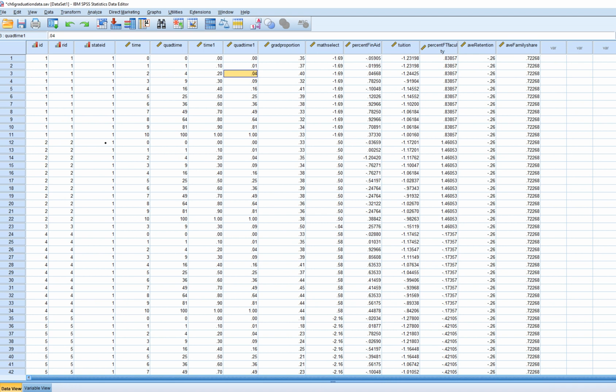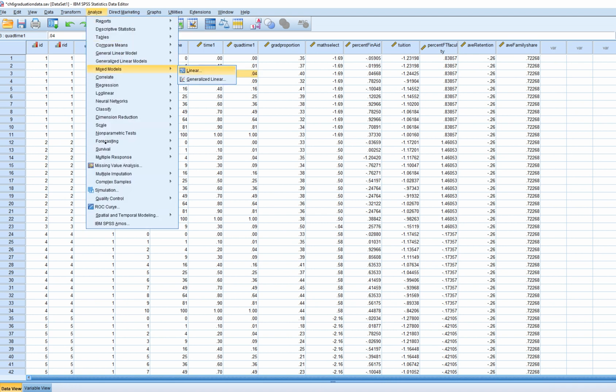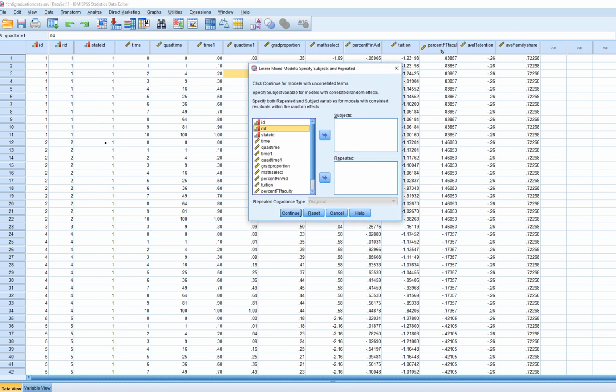So to run our analysis, we're going to click on Analyze, Mixed Models, go to Linear. We're going to move the RID variable and state ID variables over to the subjects box. We're going to move our time variable over to the repeated box. And you'll notice that when we move this variable over, this box highlights, and so now we have options of various types of covariance structures at level 1. A diagonal matrix assumes that the residual errors at level 1 are unequal across times, but that the correlation or covariance between the errors